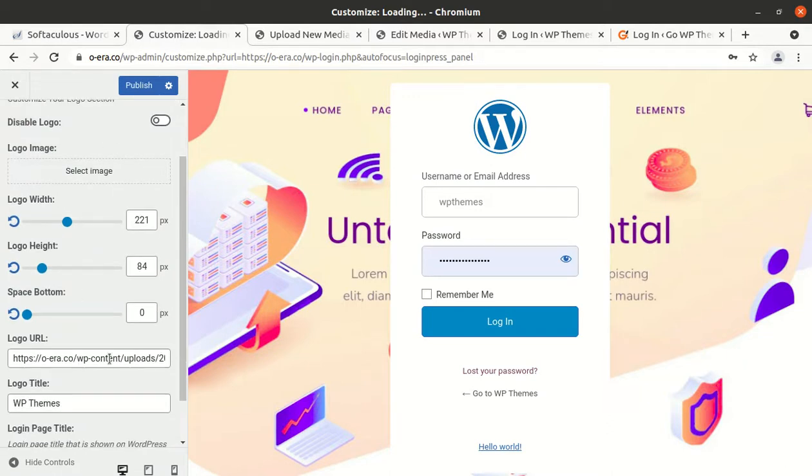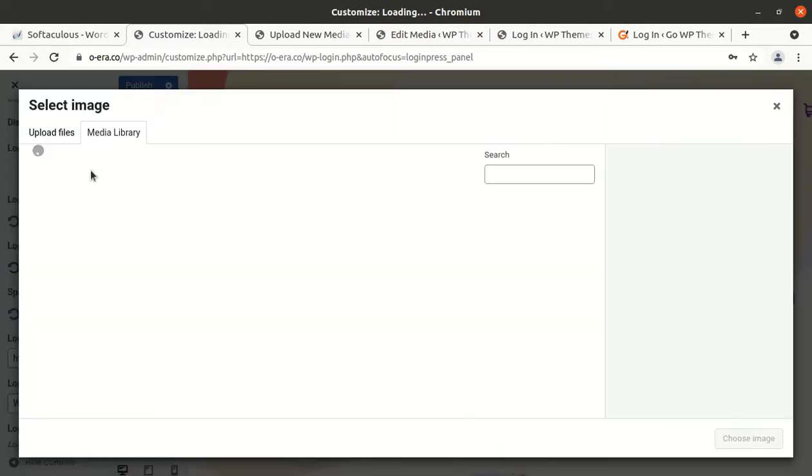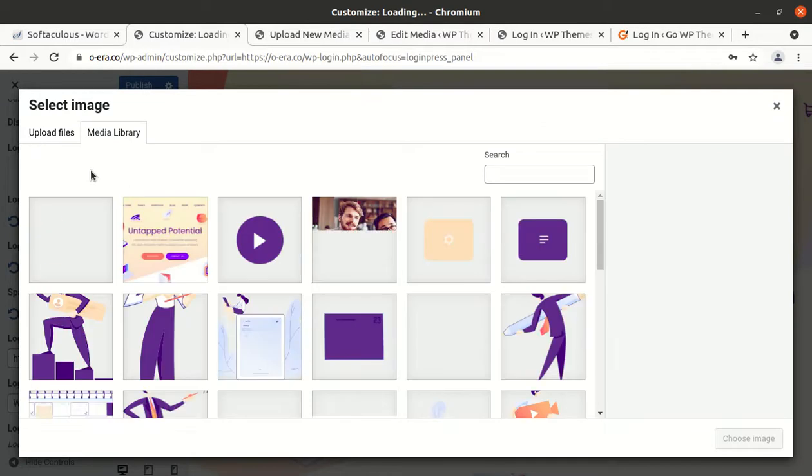Logo URL is, you can keep the logo URL for your home page. It is just simple a link on the URL, and you can keep the home page URL or whatever page you want to keep as link here, and you have to select image from here which we just uploaded.